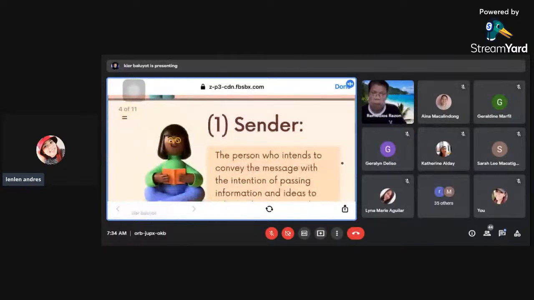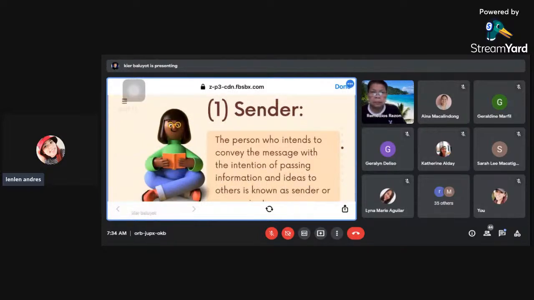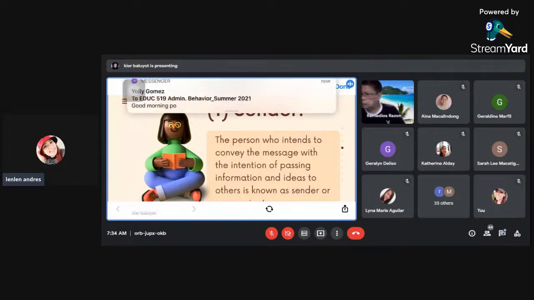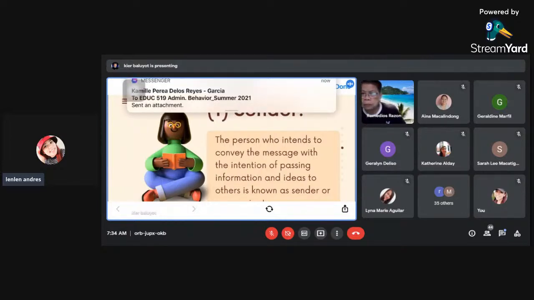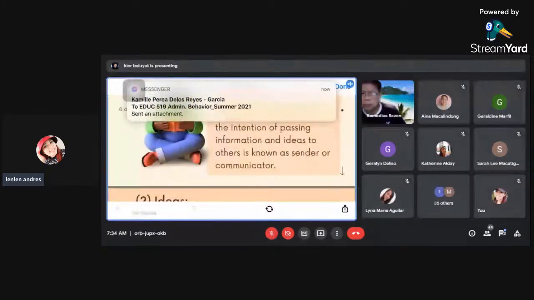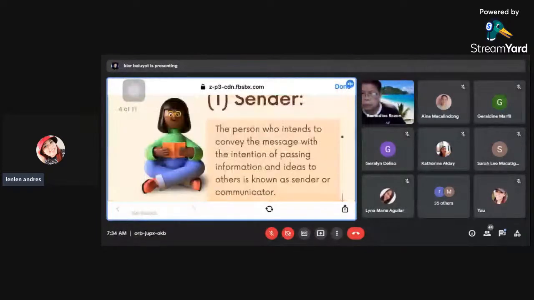The first variable in the communication process is the sender. The person who intends to convey the message with the intention of passing information and ideas to others is known as the sender or communicator. The sender is the initiator of the communication, the person who transmits the message.